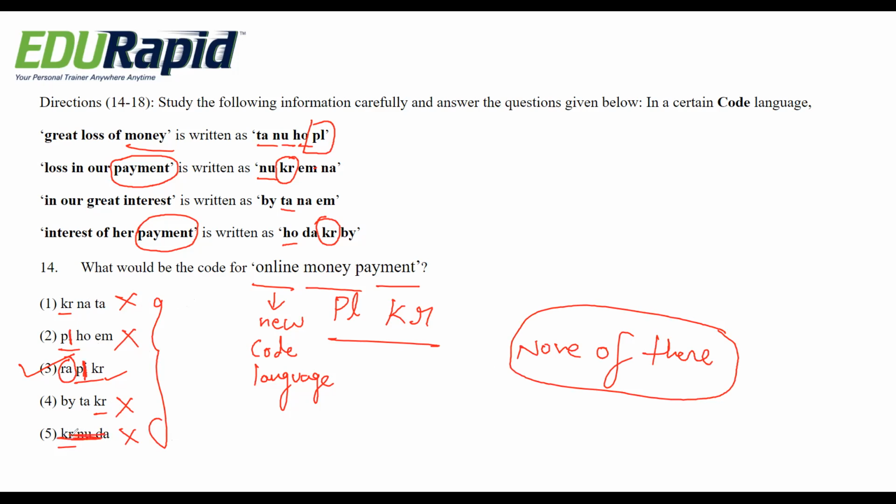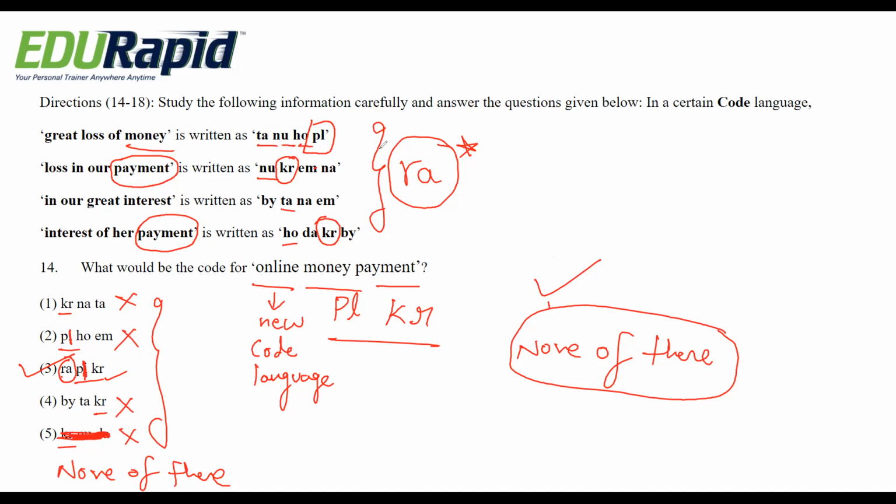Suppose in option 5 it is none of these, then we have to check whether RA is a new term here or not. So remember, sometimes none of these can be the answer. In the exam, to make a confusion for you, they may give none of these as the answer. So here none of these is not the case, so you can say that option 3 is the right answer. Also check whether RA is a new term or not.